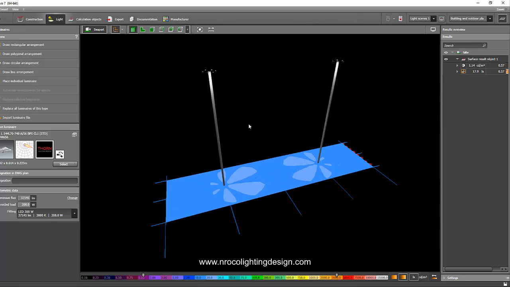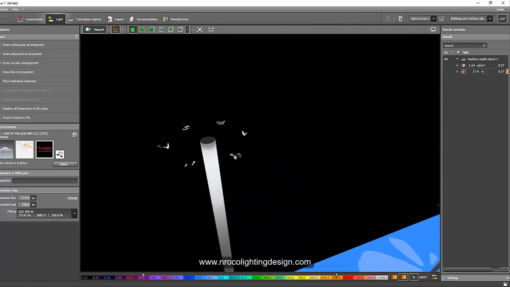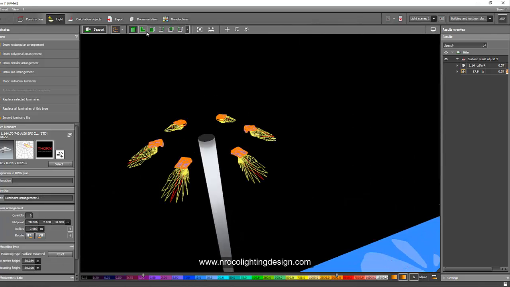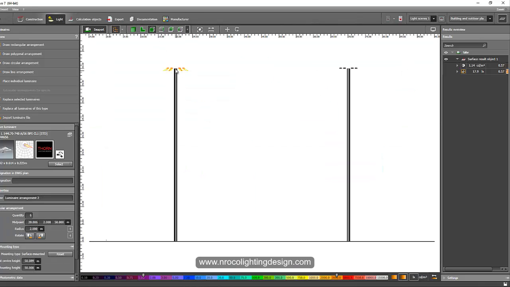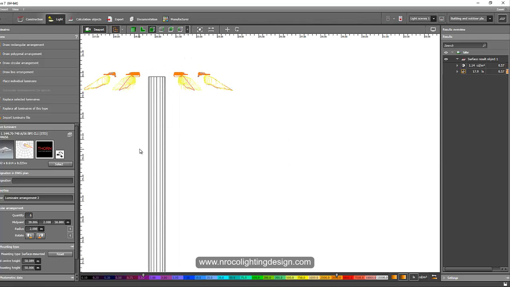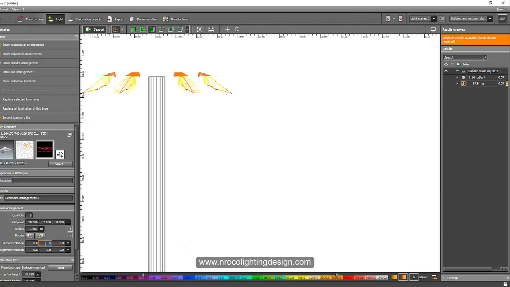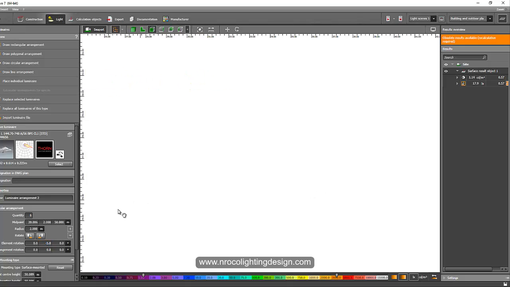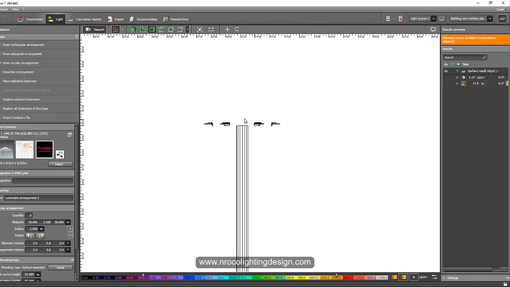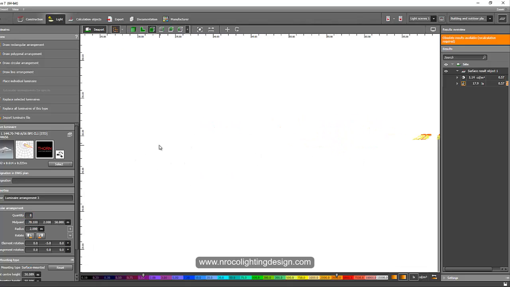And maybe we can also adjust the tilting of the floodlights, because right now it's only 0 degrees. But if you want to change the tilting, you can go and say, for example, 5 degrees. Okay, so it should be -5. There you go. So I tilted the floodlight into 5 degrees like that. And if we want to change and add more, let's say 8 pieces on one mast, because right now my